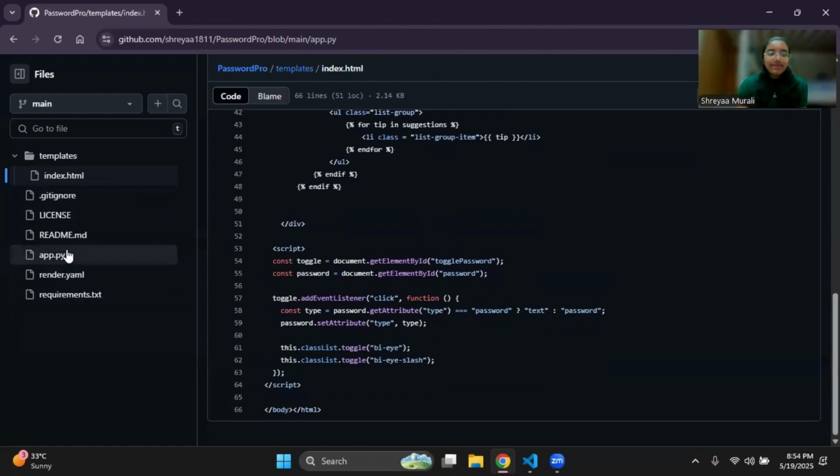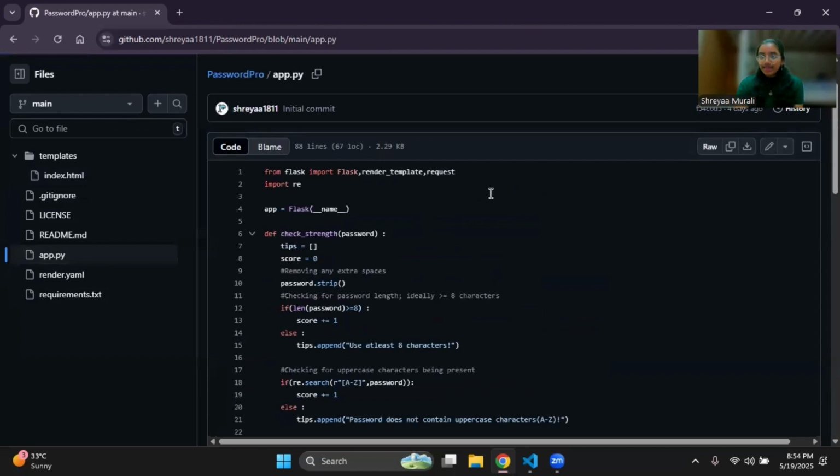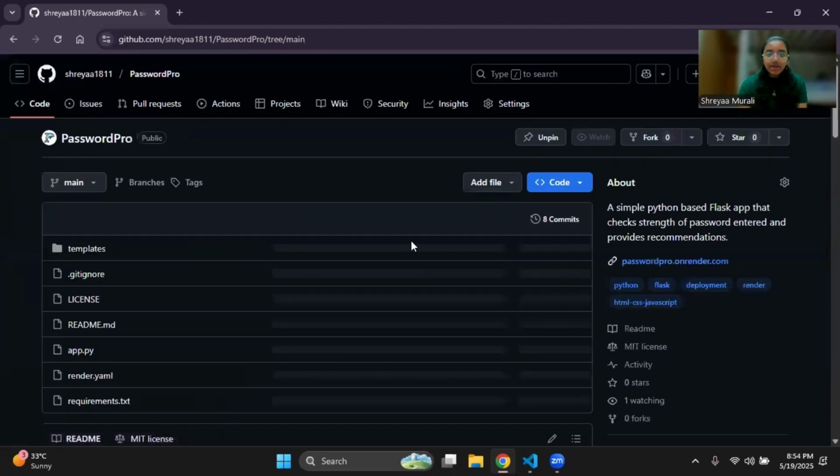So our app.py basically serves as the Flask backend, and we have our front end in index.html. Now coming to the deployment part, I have deployed this app using Render. And what Render does is basically it gives me a live URL of my app through which anyone can access this app without really having the code or the files stored in the local system. So instead of running it locally, one can just click the URL and run the app. So the URL is basically present in my GitHub repository.